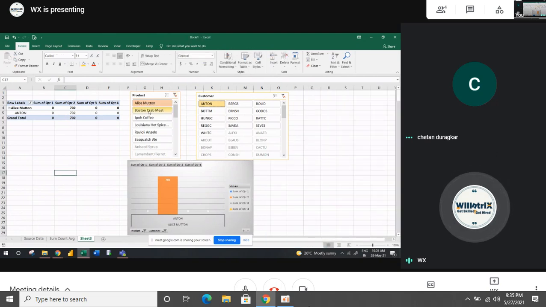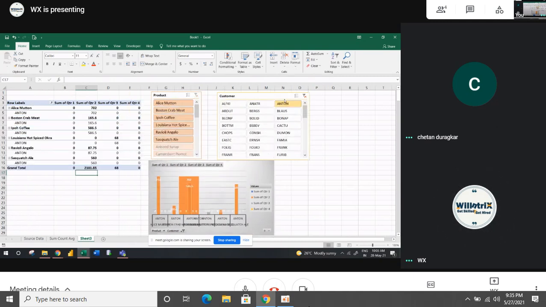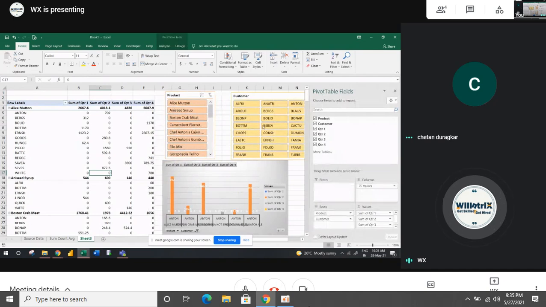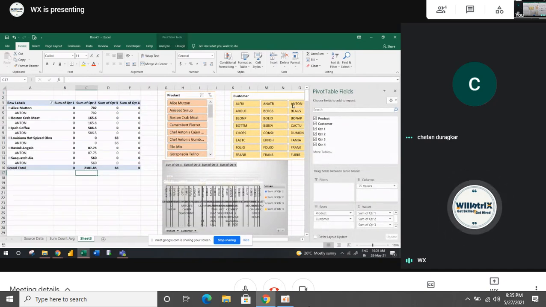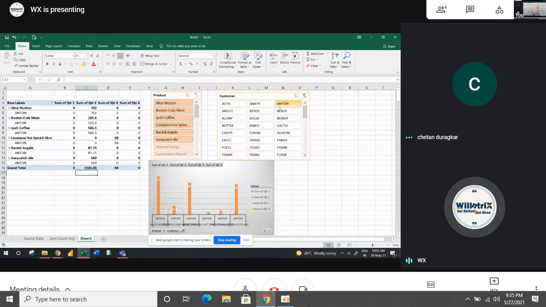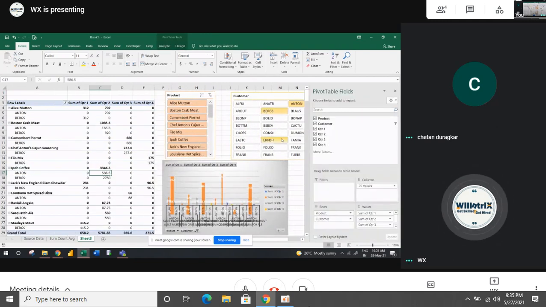Again, if you don't want to filter this and want to see the entire data, Clear Filter is here, so cancel. Now I want to check only the Anten and bus product details. Anten is here. If you want to make a multiple selection, just use the Control key, press Control and click on that. You can now see the details of Anten and bus. Clear?